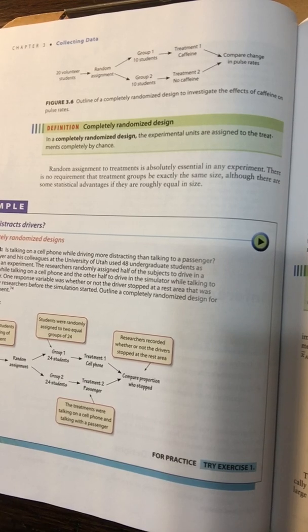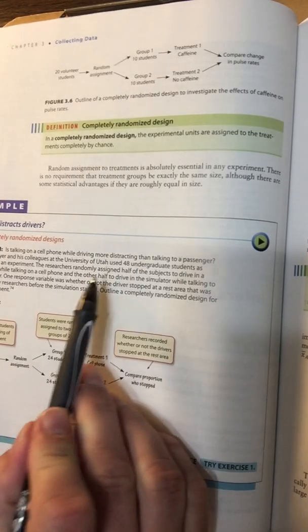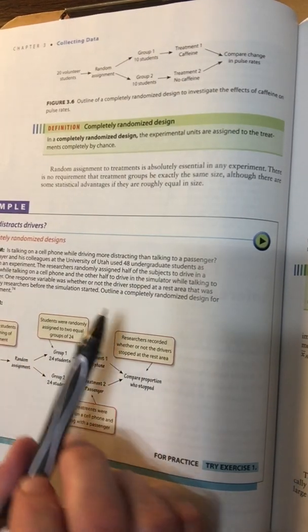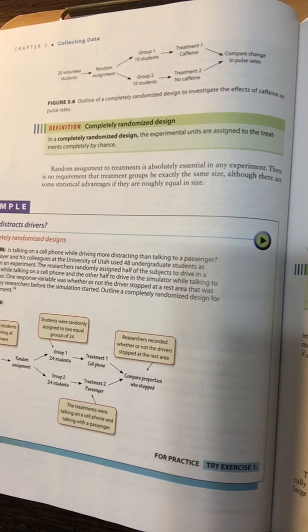David Strayer and his colleagues at University of Utah used 48 undergraduate students as subjects in an experiment. The researchers randomly assigned half the students to drive in a simulator while talking on a cell phone, and the other half talking to a passenger. One response variable was whether or not they stopped at a rest area that was specified by researchers before the